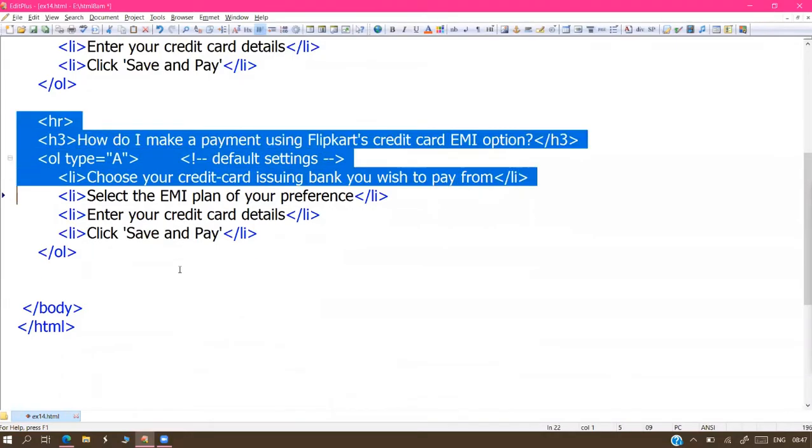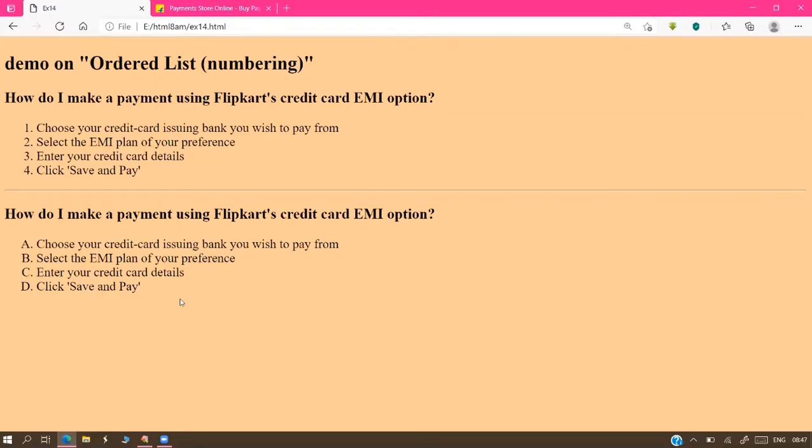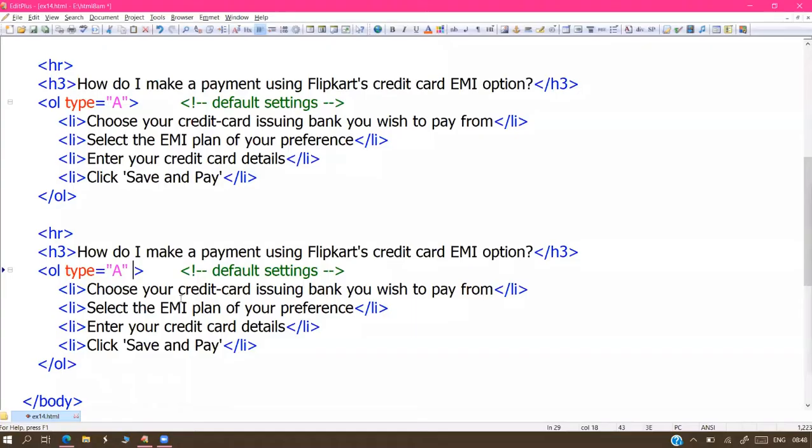Next, once again, one more list I'm preparing here. This time the type we already used. Some other option I'm going to focus on. What is that other option, sir? Reverse option is available. Normally we get the numbering A to Z or 1 to N like this. Here, if you observe, all points are displaying in ascending order, lower to higher. I need the numbering in reverse order, higher to lower, sir. Yes, possible, sir. For that, the reversed option is available.